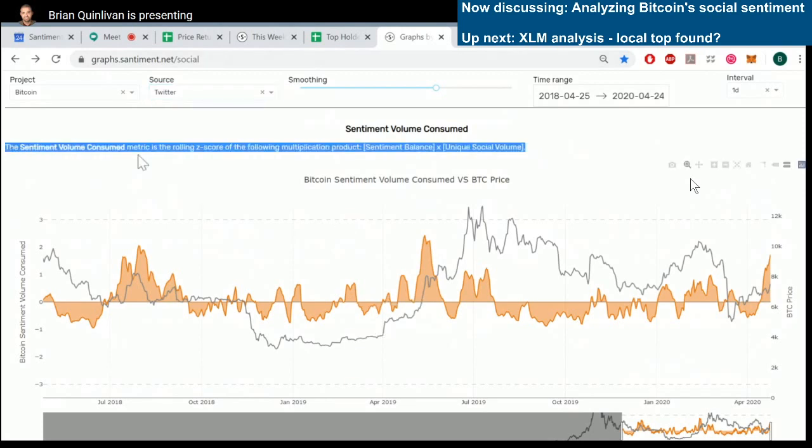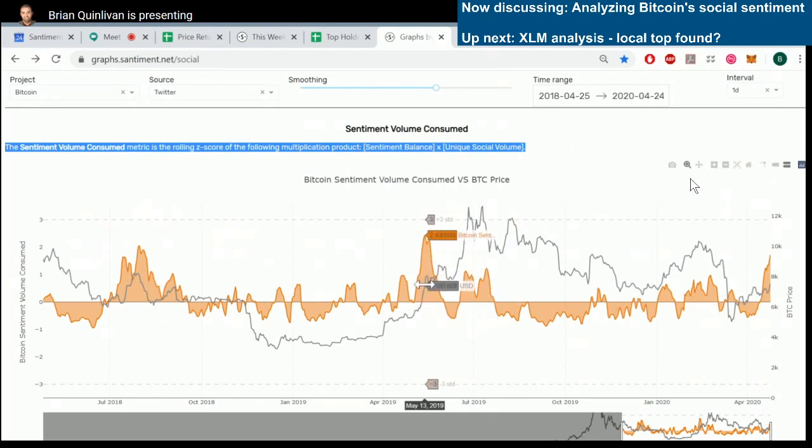And what you're seeing at the moment is the difference between the amount of positive and negative messages relating to Bitcoin on Twitter over the last, what is that, like year and a half. If you look at the last year in particular, these levels of sentiment on Twitter have almost always correlated to short-term trend shifts in price. The biggest level of sentiment since this one was around May 2019, and it accurately predicted the local